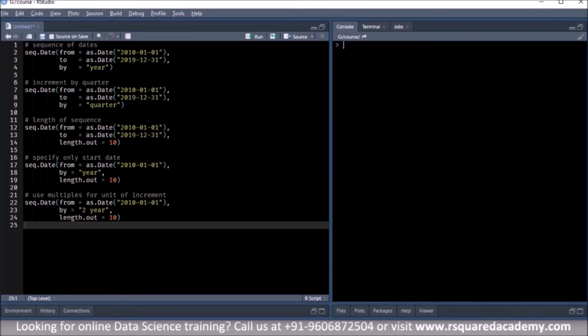Now one last thing that we want to see is the sign that we use, right? Whether we are incrementing the sequence or we are decrementing the sequence. So let us say instead of increment, we want to decrement the dates. That's the sequence of dates will go backwards instead of going forward.